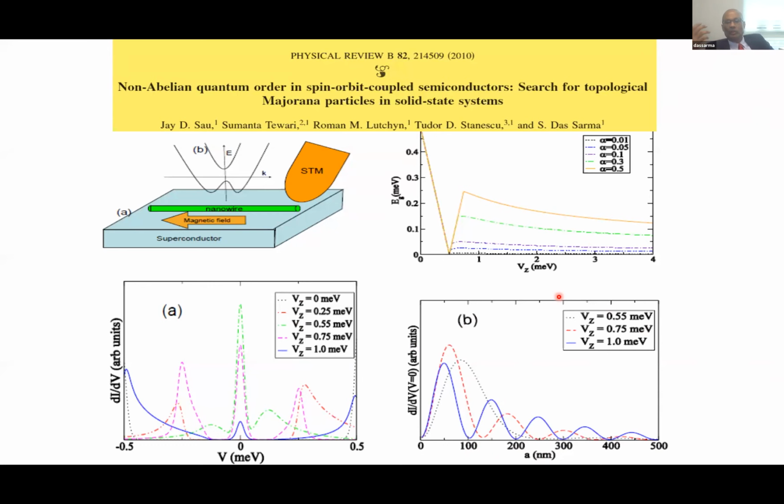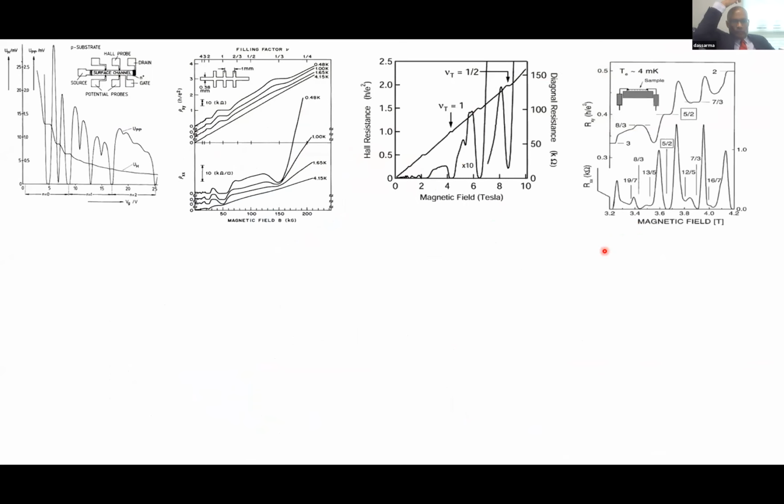This is what experimenters are trying to verify, often not citing this paper, by the way. The 2 PRLs that are cited do not tell you any of these things. They just say this system will have Majorana. So this is the confirmation bias. This is what experimenters are trying to find. And when you try to find something and you're very clever and the experiment is very complicated and you have lots of tuning parameters, sometimes you find them. Let me tell you, this confirmation bias is not a problem just for Majorana. It's a problem for this whole field of topological condensed matter and atomic physics that has dominated our subject for